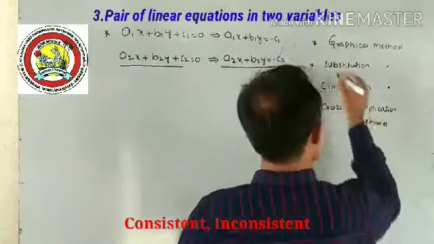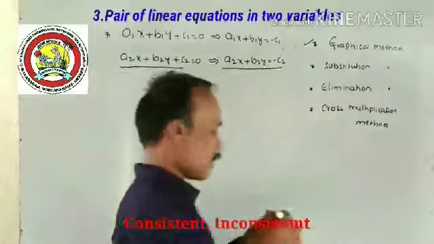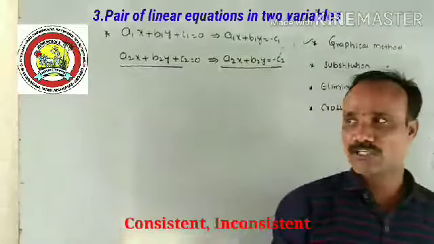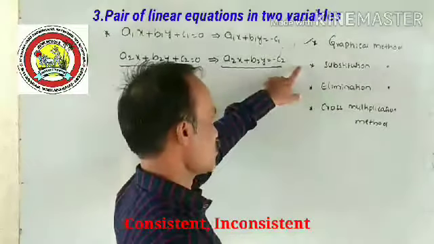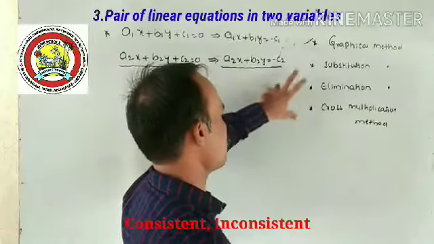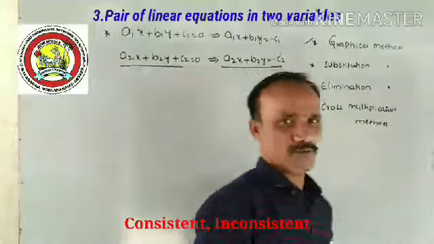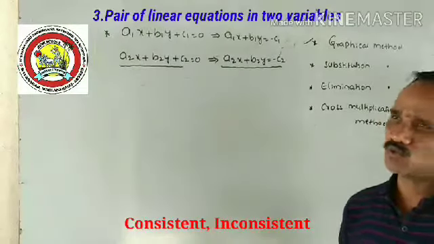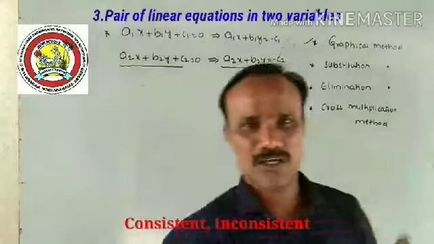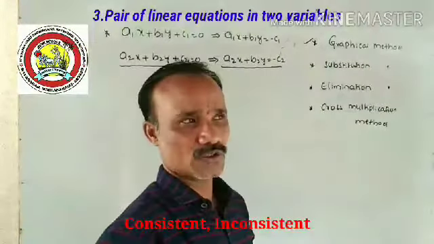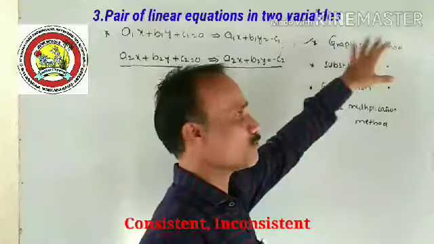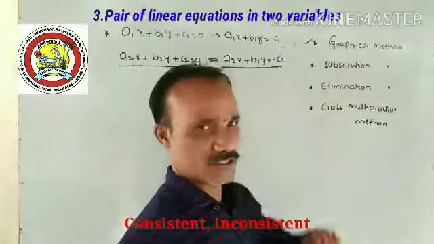But in examination, definitely you get one question on graphical method, carries 4 marks, no doubt. Next, maybe substitution or elimination or cross multiplication. Among these three, sometimes they will ask any two or maybe one guaranteed question. Now, graphical questions, I told you, I will explain in the classroom because graph sheets are required for this.